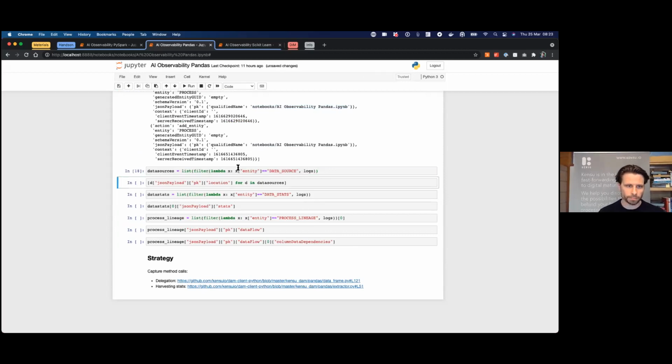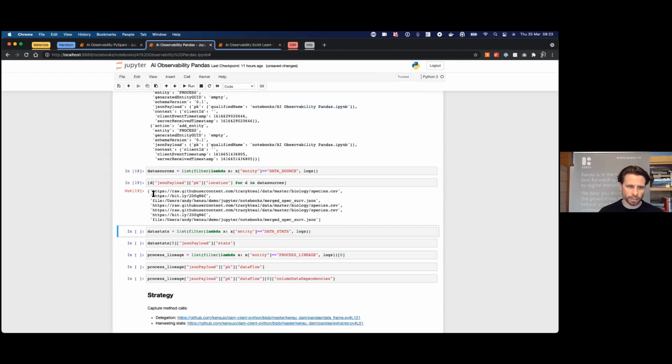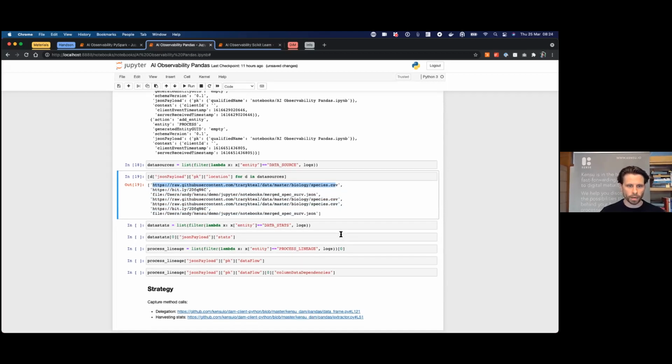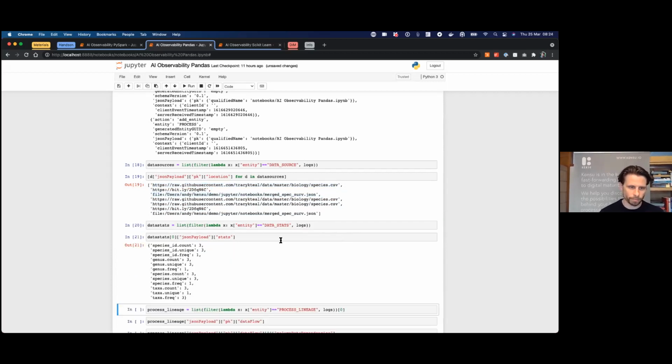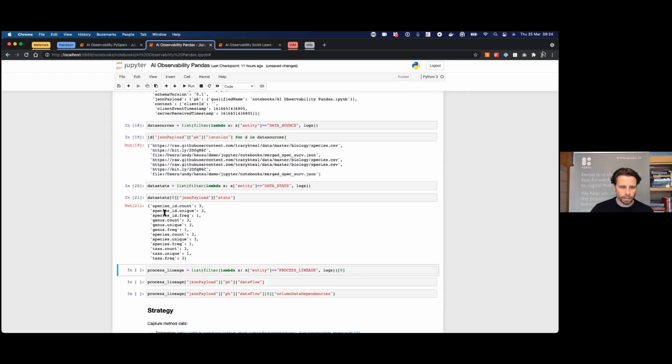The data sources, so here are the different data sources that were used. So the JSON file has been, the log file is bigger now because I ran it yesterday. But here you see that there is this weird URL and there is this file here. All the different inputs, outputs are reported, the outputs being here, right? And the statistics also are produced. So automatically, in this case, for the species, the input, the statistics of the data are produced, right? And likely for the outputs.